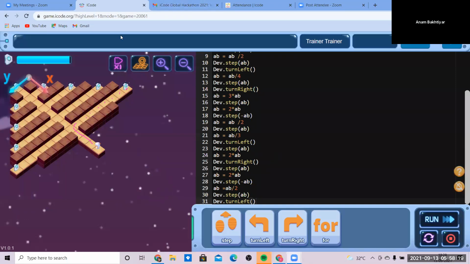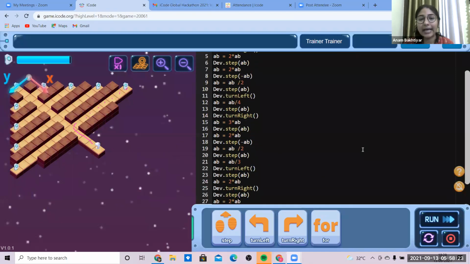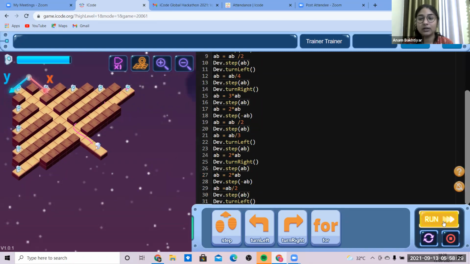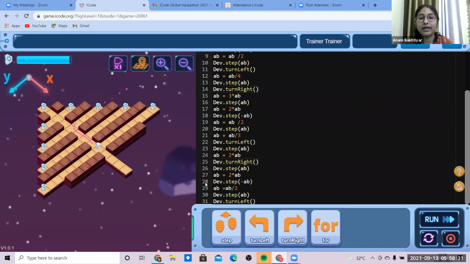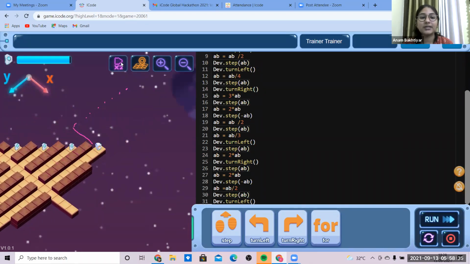So you have seen how much we had done, till where it has reached. You all have seen. You can type in the middle, but you need to understand it first. See, just go for it. Like if I'm running it, it's going over here. I can increase its speed as well.